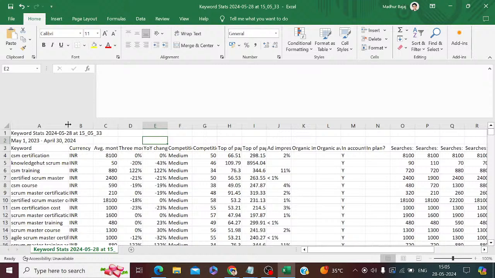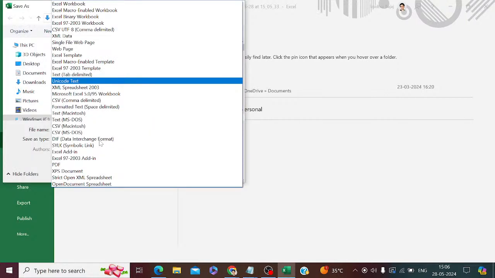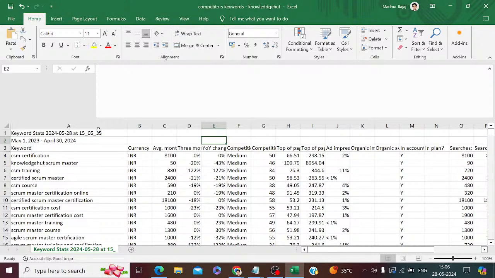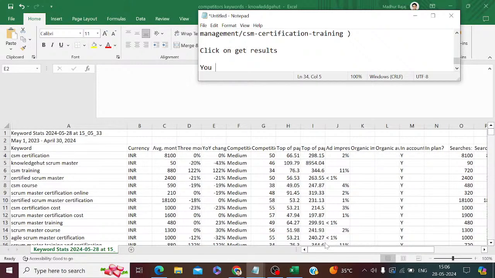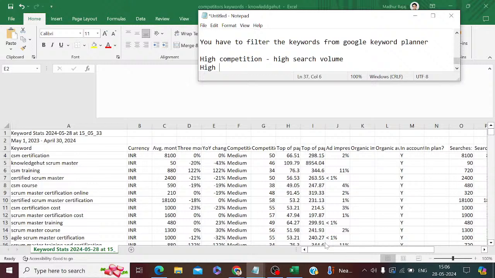Now save this file as competitors keywords. Now you have a list of competitors' keywords. From this sheet, you have to filter the keywords from Google Keyword Planner: high competition, high search volume,